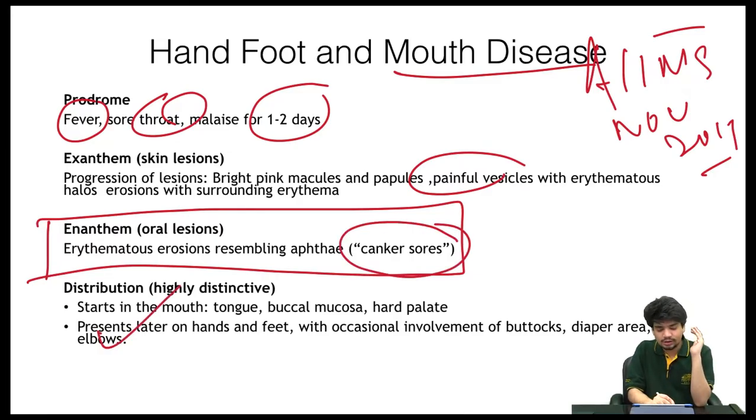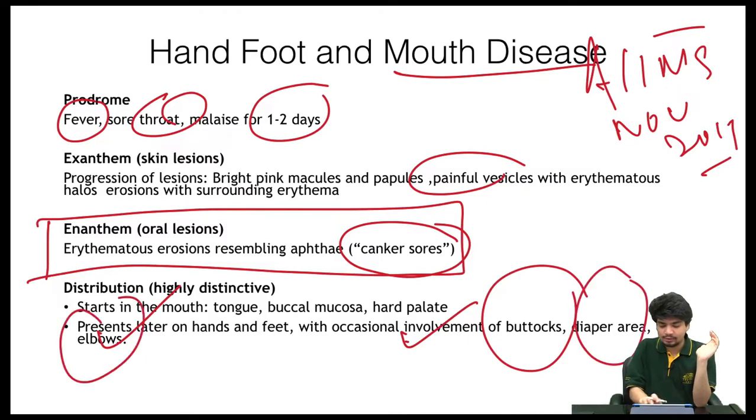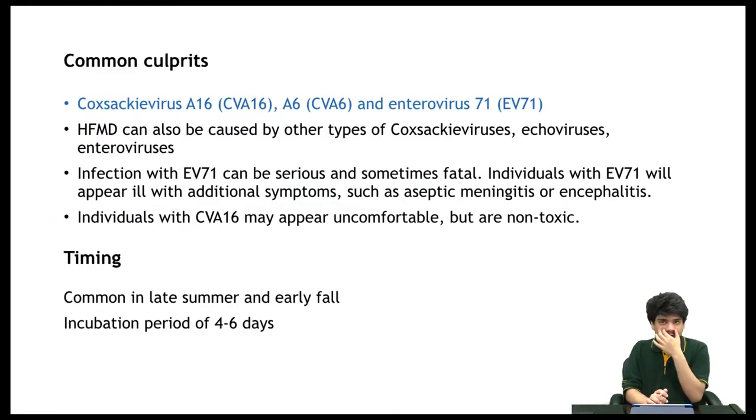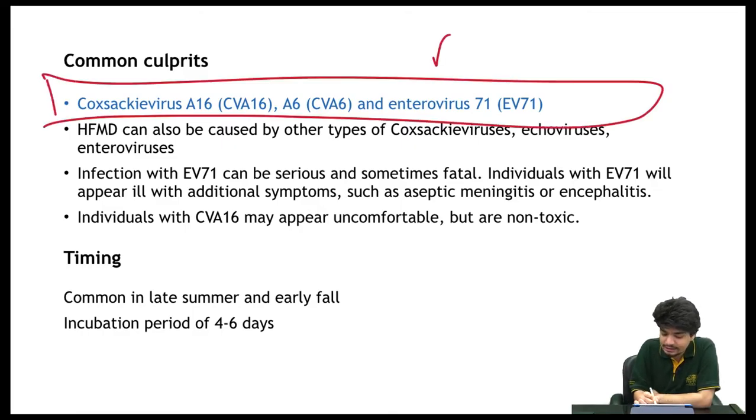The distribution is what is typical. It first starts in the mouth, then progressively involves the hand and then the feet. Occasionally the buttocks, the diaper area and the elbows may be involved. What's more important is what causes hand, foot and mouth disease. This has been asked in your NEET